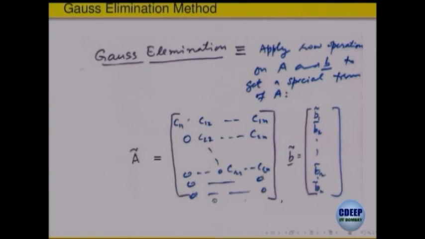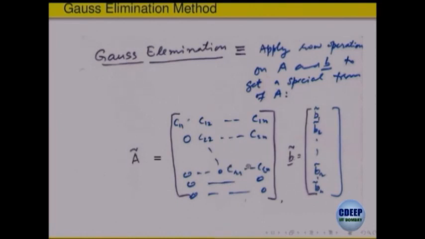That is a form after applying elementary row operations, and of course, the vector b will get changed to something else. So, that is the vector b tilde. The transformed matrix A, which was original, is transformed to A tilde, which is of this form, and the vector b gets transformed to b tilde, because whatever operation you are doing on the left hand side, you have to do it on the right hand side also, right. So, when A changes, b automatically is going to change according to those operations, right.